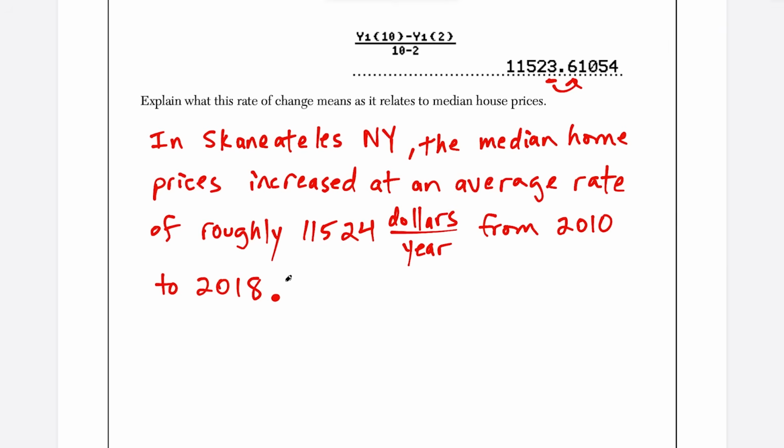Now, one thing I want to point out about this explanation, it's very important that you include the interval where this average rate of change is taking place. If you do not mention that this is occurring from 2010 to 2018, you will lose a point for this part. Okay, so just please make sure that you are mentioning the time frame here,